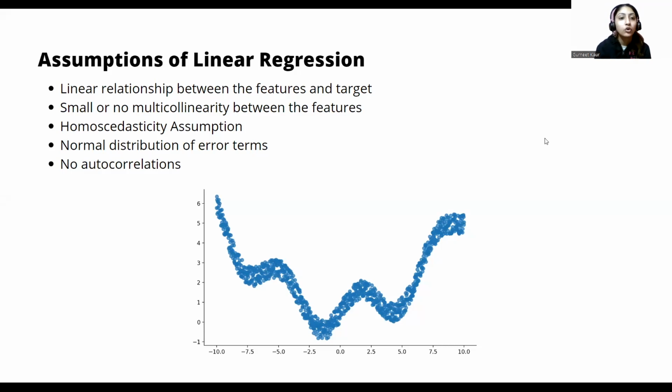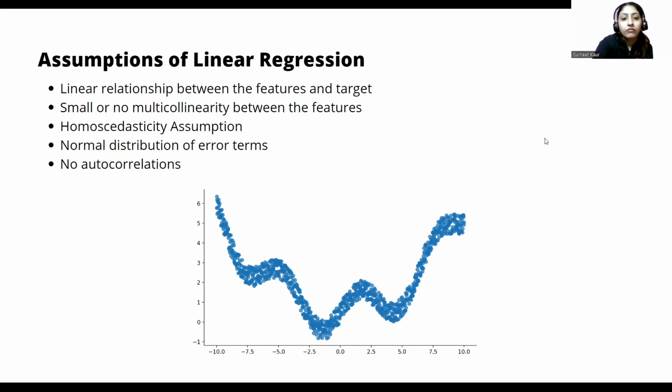Now, coming to normal distribution of error terms. Linear regression assumes that the error term should follow the normal distribution pattern. If error terms are not normally distributed, then the confidence intervals will become either too wide or too narrow, right? Which may cause difficulties in finding the coefficient values. We can check the normal distribution using a QQ plot. If the plot shows a straight line without any deviation, that means the error is normally distributed,